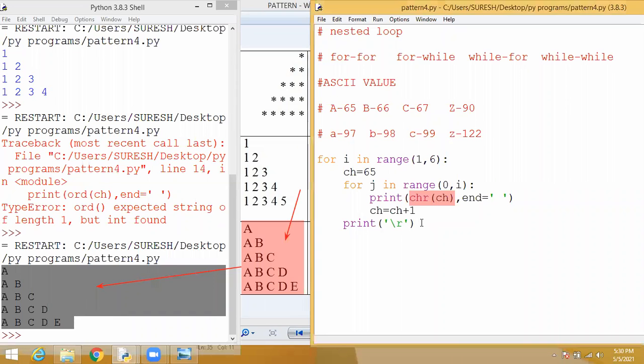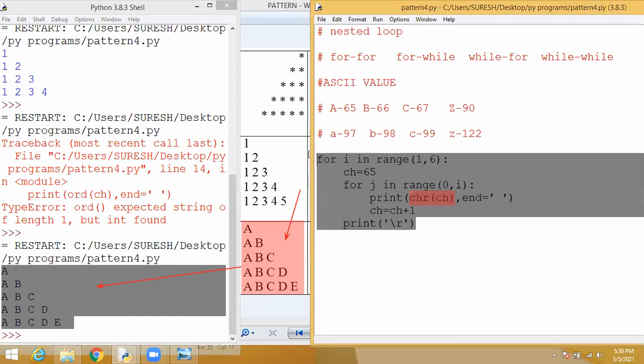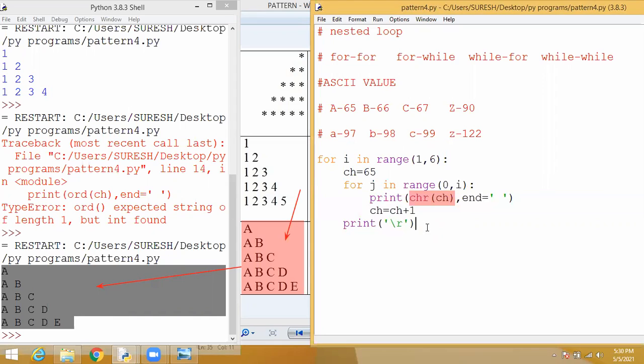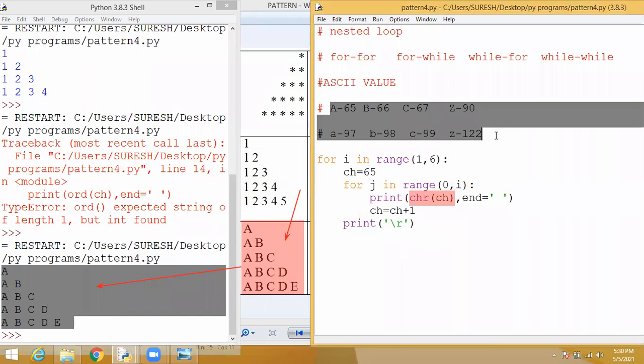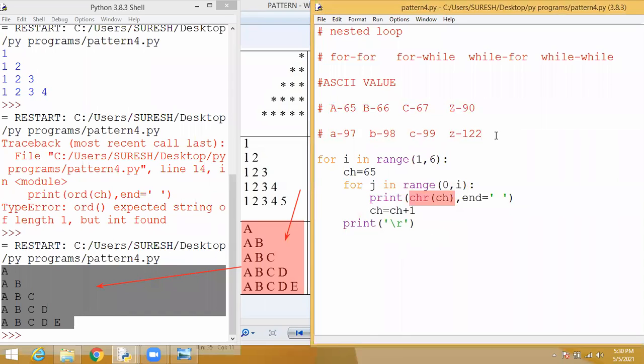This is only one idea. If you think, you can get many ideas to solve this kind of programs. You should know the ASCII value for every character and how to convert the integer value to character. Integer to character conversion is done by a built-in method, the chr function.